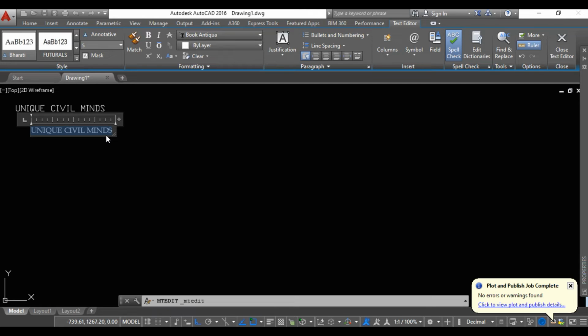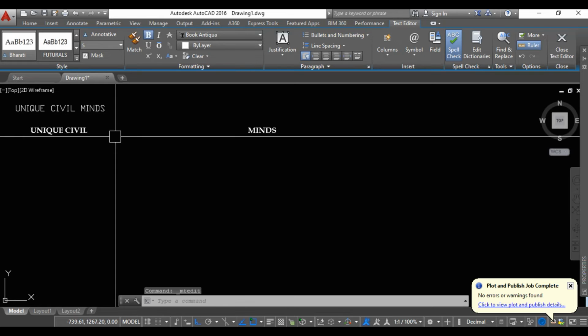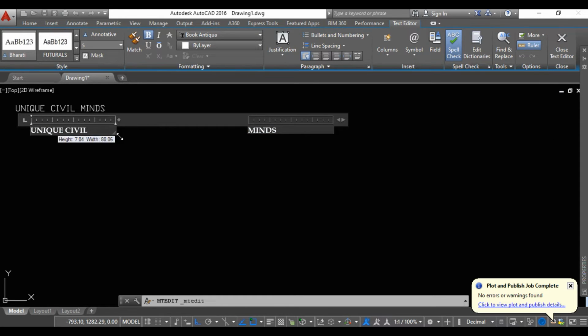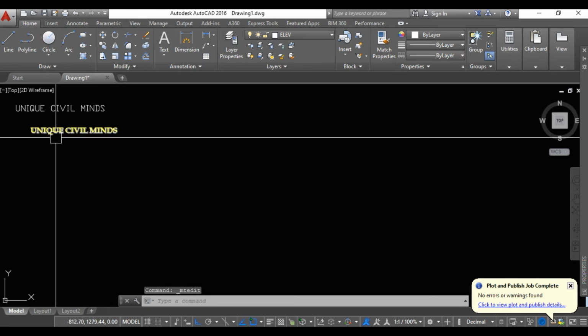Now if I want a block letter, you select this block letter, right? See here, when you are selecting this block letter, it is going to show splitting into two sheets. So what you need to do, I will just drag this diagonal line here, and again it is going to show in single lines. This is how your M text, that is T, will work. So again if you want to change the color of this text, you just select this one and go for the coloring and you can provide any color. See here, if I give yellow color, it is in yellow color.